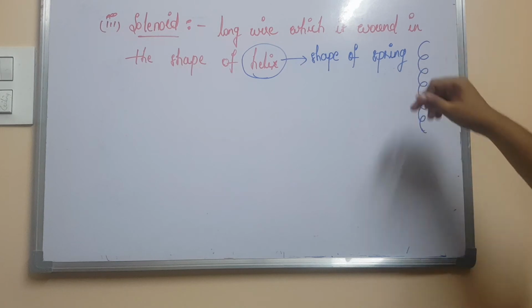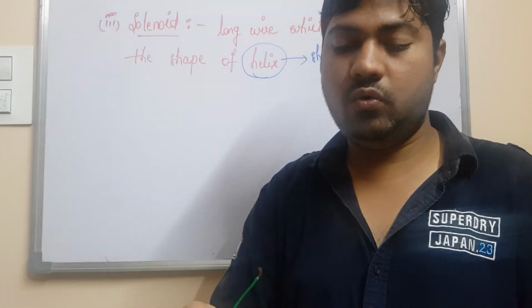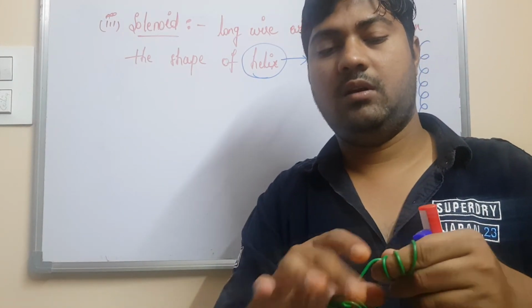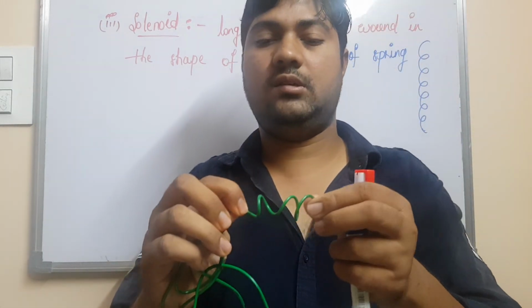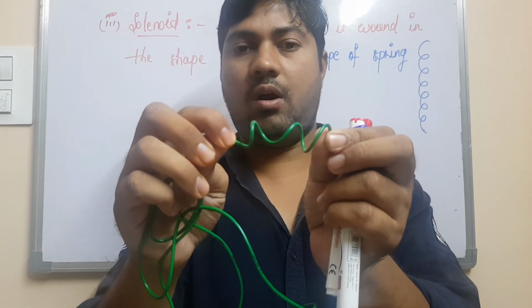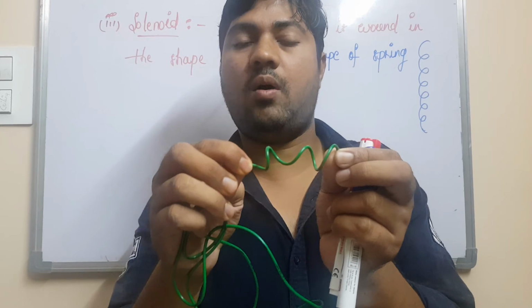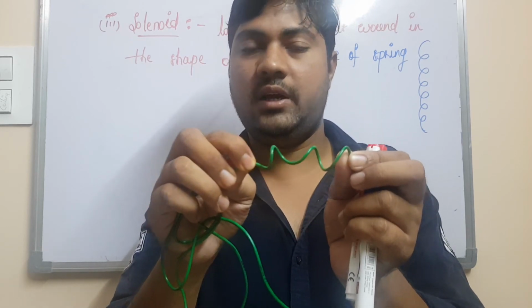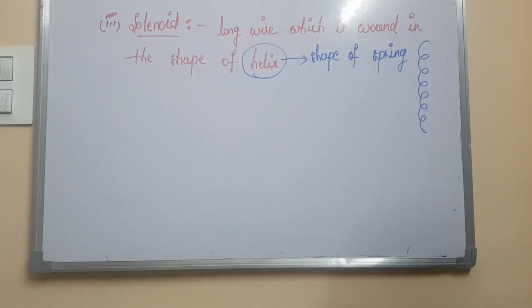And if you take a long wire and wound it in the shape of a spring, in the shape of helix, like this, then it is called a solenoid. Now, when current is passed in solenoid,